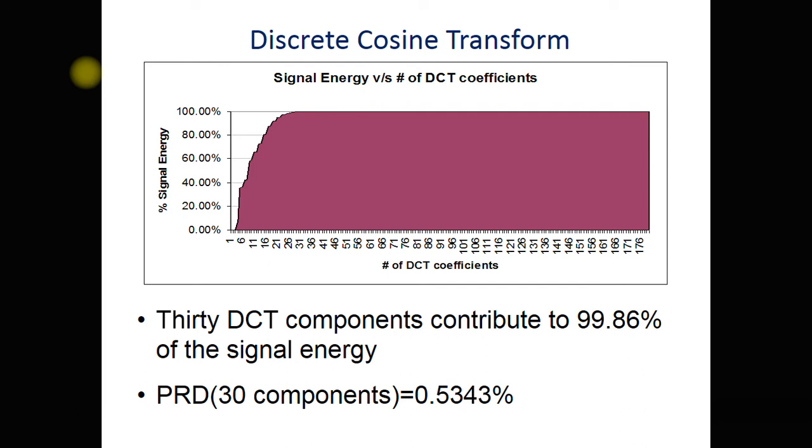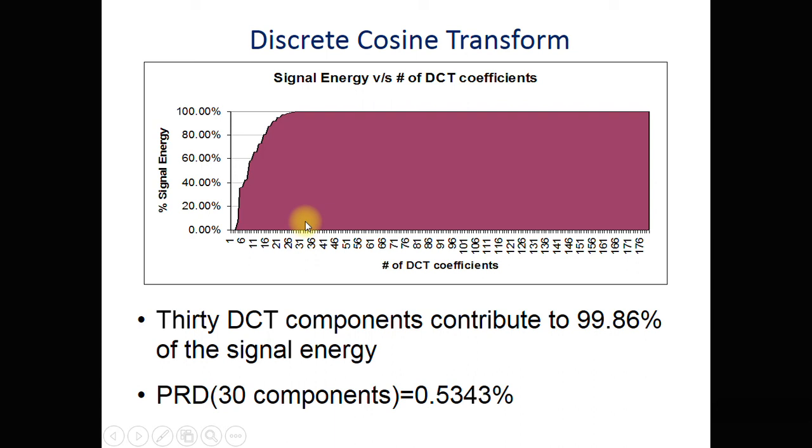So if I apply discrete cosine transform to my signal, what I get is, you can see here it goes from 0 to 179, that is 180 coefficients. Most of the energy is visible in the cumulative plot of all the coefficients. You can see very clearly that almost all the energy of the signal is achieved with the first 30 components.